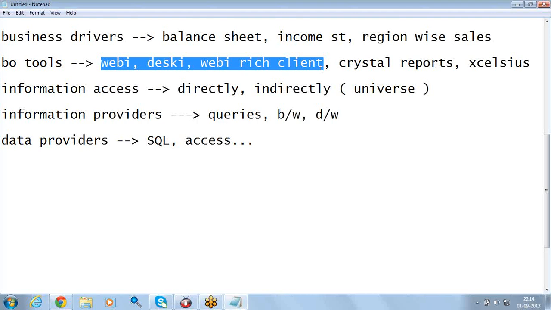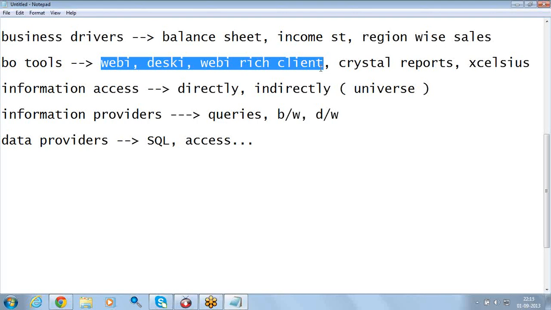Without the universe they are not capable of generating reports.